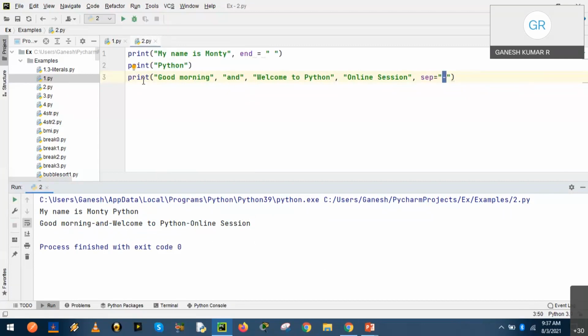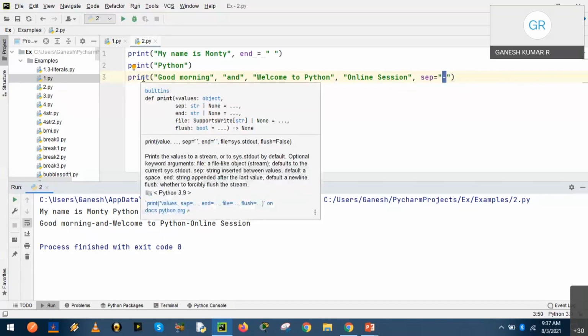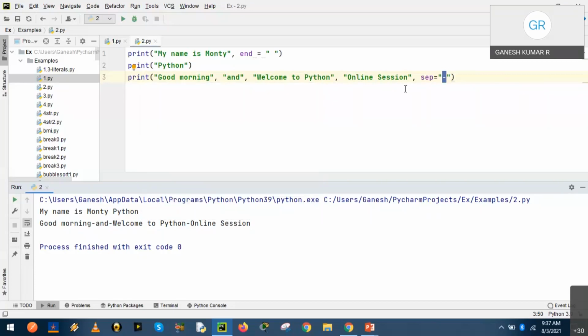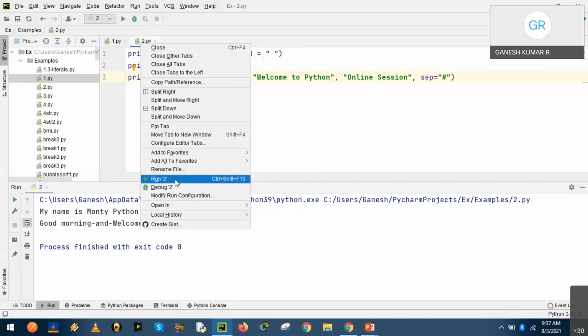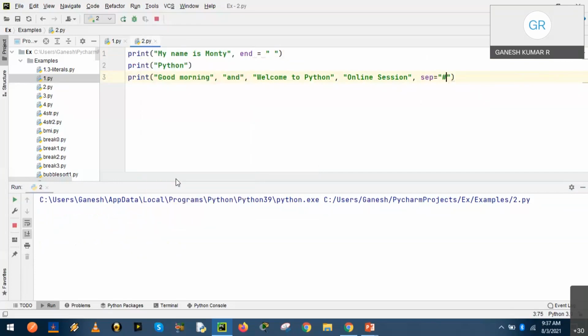So the behavior of the print function can be changed with the introduction of two keyword arguments that are end and separator. We can have any kind of special symbol. So instead of hyphen, we can also introduce a hash symbol, asterisk, ampersand, or any kind of symbol.